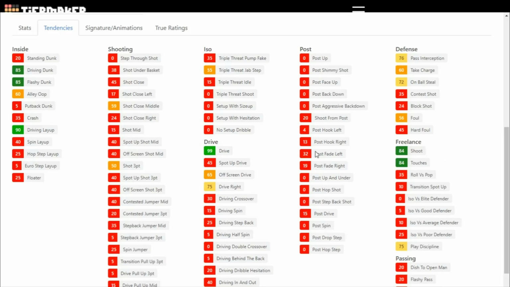So if he has a 99 post fade left versus a 70 post fade right, he's probably going to go left a little bit more than he's going to go right, especially if you're neutrally doing it. Like if you're controlling the actual direction, he's going to go that direction, but if you're just straight up, he's going to choose a side, and depending which one's higher, that's the side he's going to choose more often.